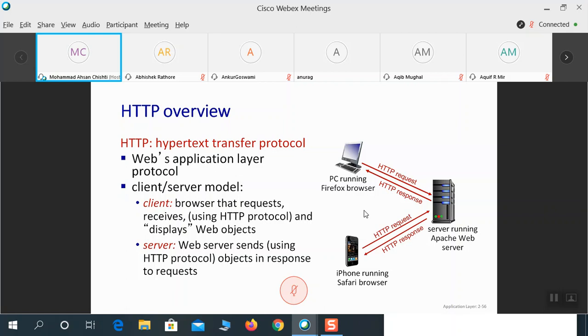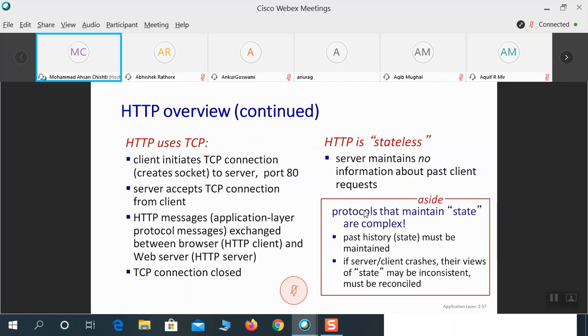HTTP has a base protocol of the transport layer, which is TCP. It initiates a TCP connection, creates a socket to the server using port 80. Port numbers we discussed in the transport layer.